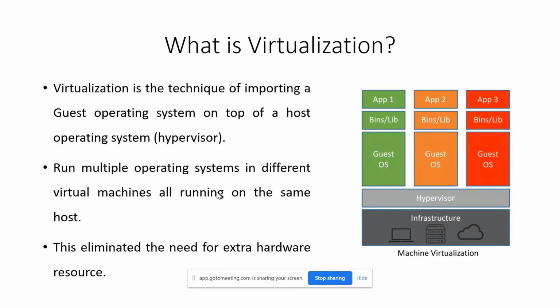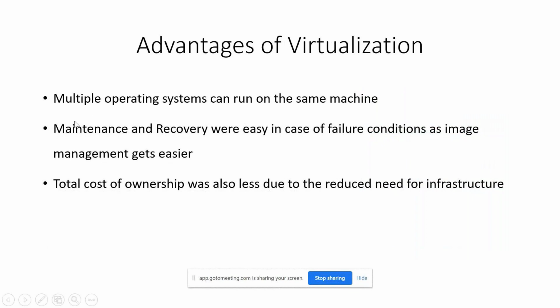Suppose I want to do my tests on Linux as well as Windows and Mac machines. I cannot have three different machines. Instead, I have one Windows machine, and using a hypervisor I build two different machines on top of it. I install the OS in them, and you can use software like VirtualBox or VMware to build virtual machines, right? So this is the advantage of virtual machines. Multiple operating systems can run on the same machine, you spend very little on infrastructure because there is only one infrastructure, and the maintenance is going to be very easy, right?